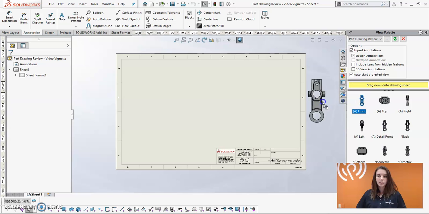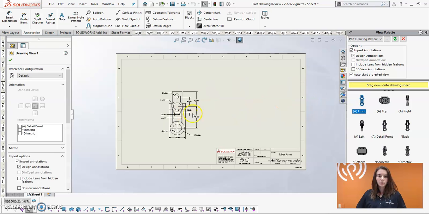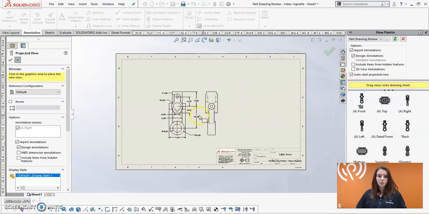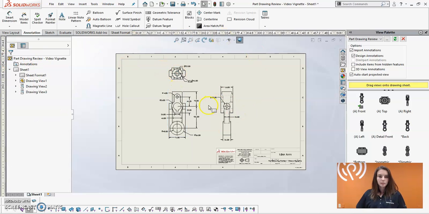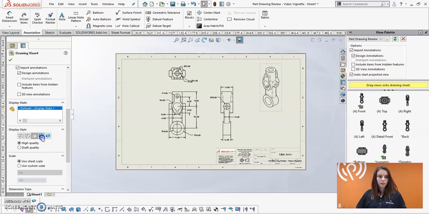All I have to do is drag and drop these onto my drawing sheet. And you will notice as I move my cursor around, it automatically creates the other views right along with it. And you'll see it also automatically populates the dimensions that are associated with my model. So last thing I'm going to do is I'm just going to throw in an isometric view